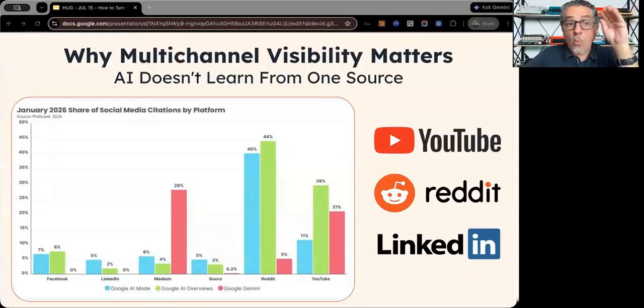Why multi-channel? We talked a little bit about consensus. We talked about how AI forms those answers from multi-channels. They want consensus. They want to find things that are similar across the internet and understand that things are real. That's why they're trusting Reddit. They're trusting YouTube videos. Videos are easier to trust because they're harder to fake. A blog is easier to fake. What I say on my website is easier to fake.